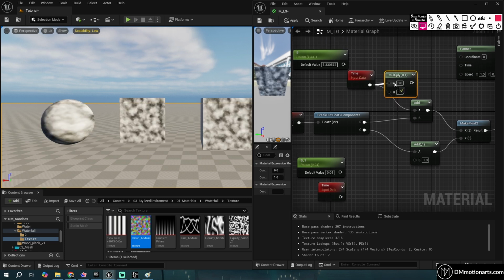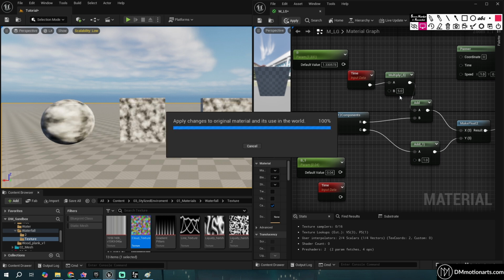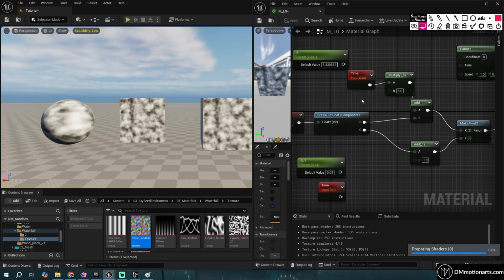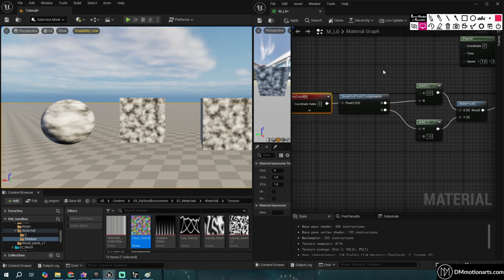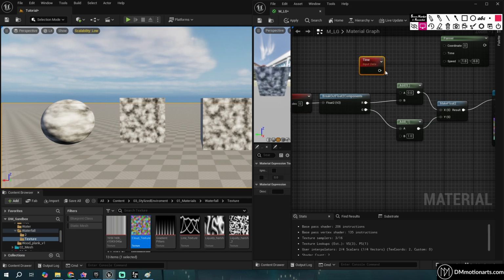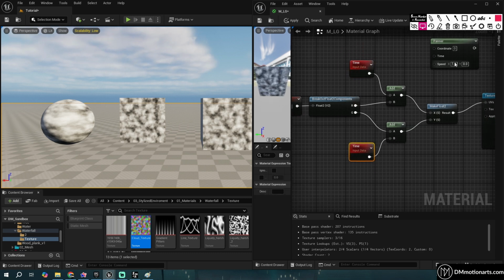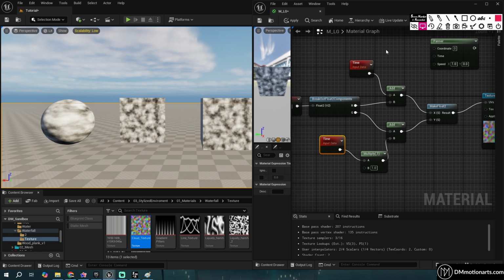If I add a multiply node in here, I could say do it by 5 speed. So you could even promote this to a parameter and say x speed, y speed. So you can see all of the stuff that we are doing around here. We are taking the texture coordinate, we had the time, I actually deleted it. We are using this time to add it in this one like this, and then if I multiply this with, let's say, a value like this,